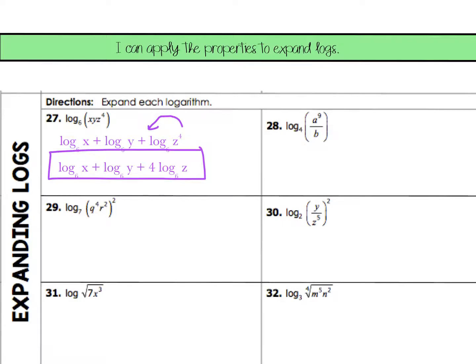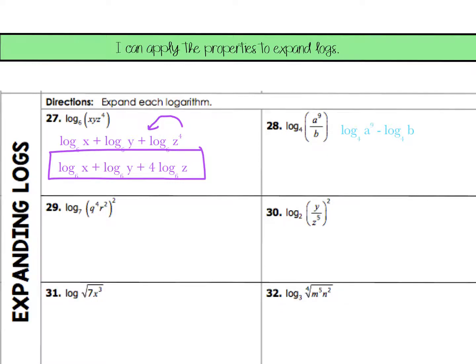All right, so let's look at 28. So I have log base 4 of this division. I see division. What does that connect to? I can rewrite that as subtraction. So I'm going to do that. That gave me log base 4 of a to the 9th minus log base 4 of b